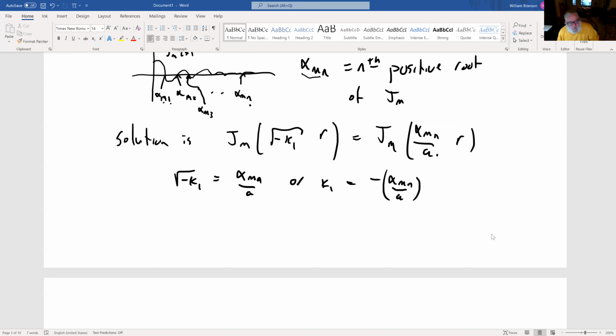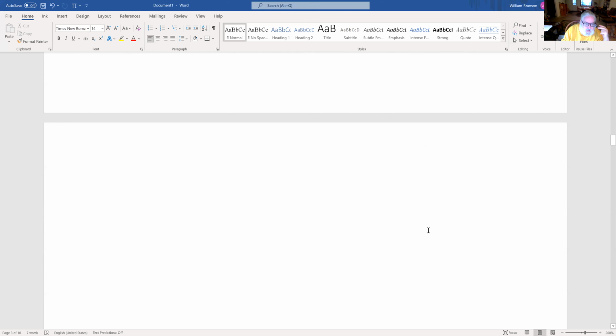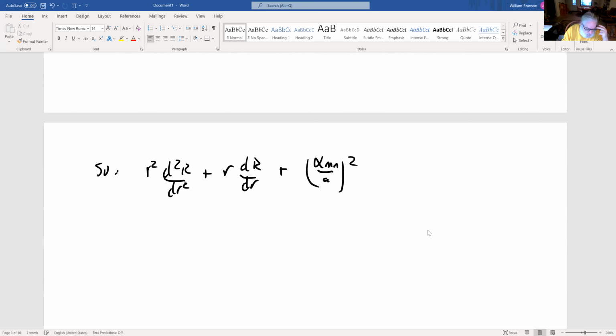So we've now evaluated the second equation, which is K1, and that becomes that. So the equation for R turns out to be r squared d squared R dr squared plus r dR dr plus alpha mn over A, because that's my K1, squared minus m squared times R equals 0,